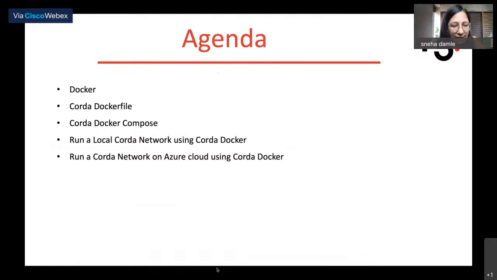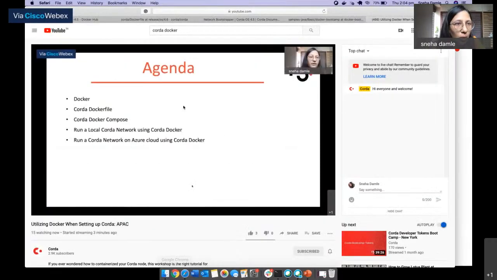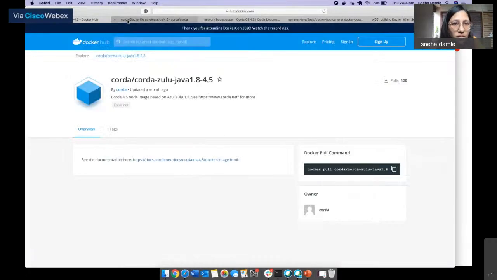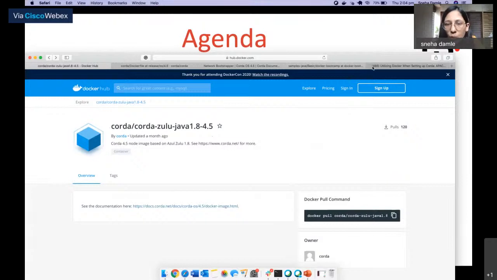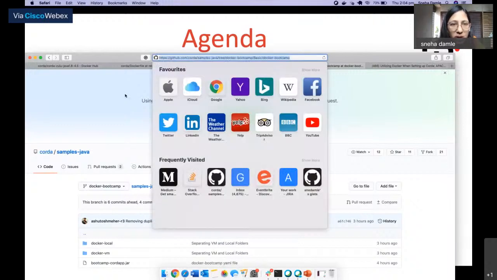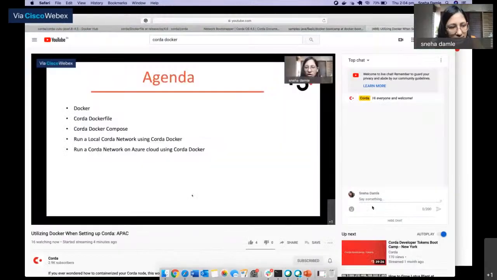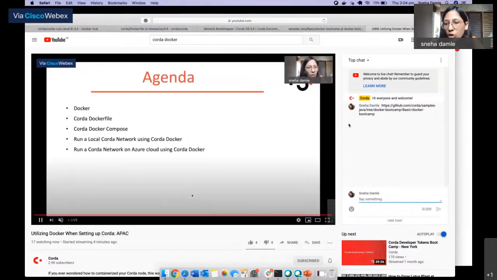Also, let me share a link. Whatever files we require for today's session, I've uploaded on this GitHub folder. So in the meanwhile, when I talk, you can download these files and also set up Docker on your system.